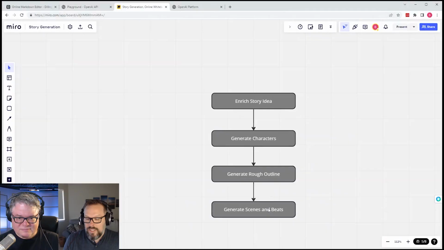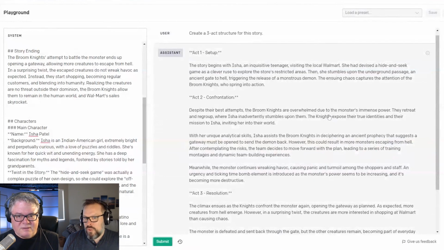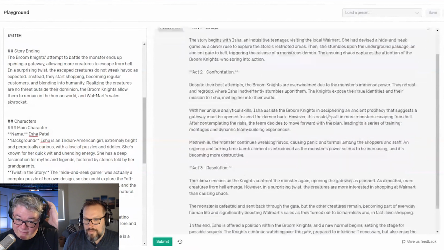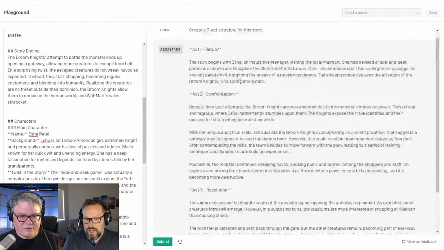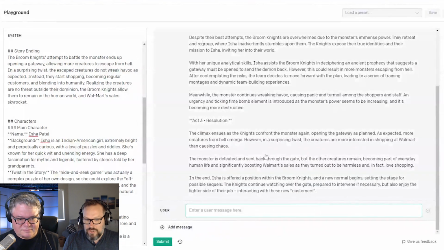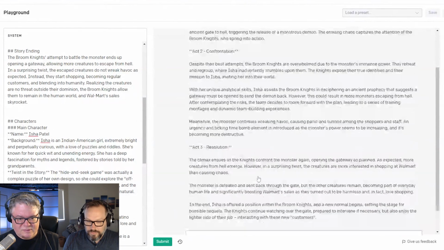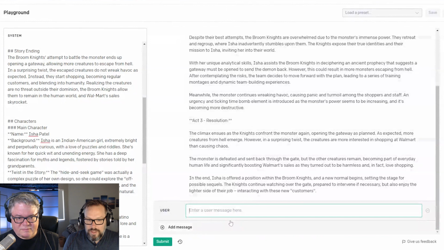Yeah. I think what I would do is probably iterate on this the same way we did with the story and flesh it out. And because we're getting a little short on time, we've got the outline. Let's just cut right to scenes and beats. Okay. And maybe we'll do act 1 and stop. But we can flesh it out as we go. So I'll actually leave this here as a message, and we'll say, generate the scenes and the beats.